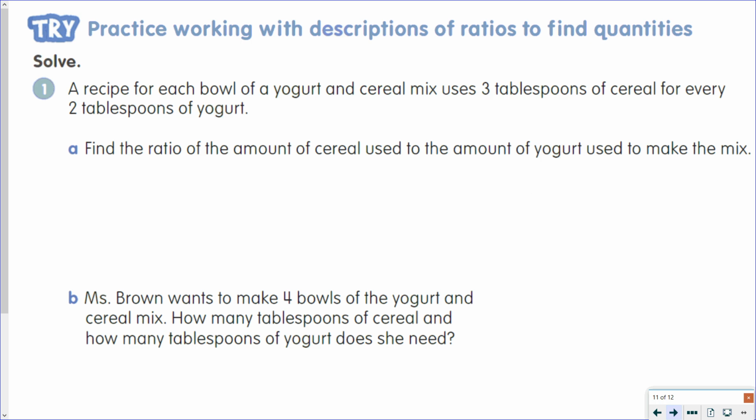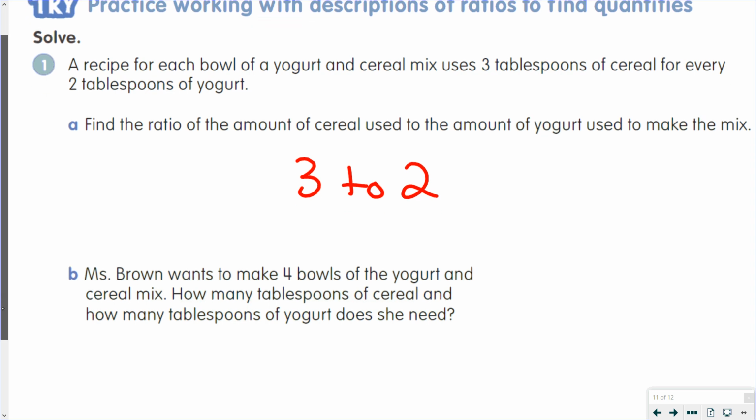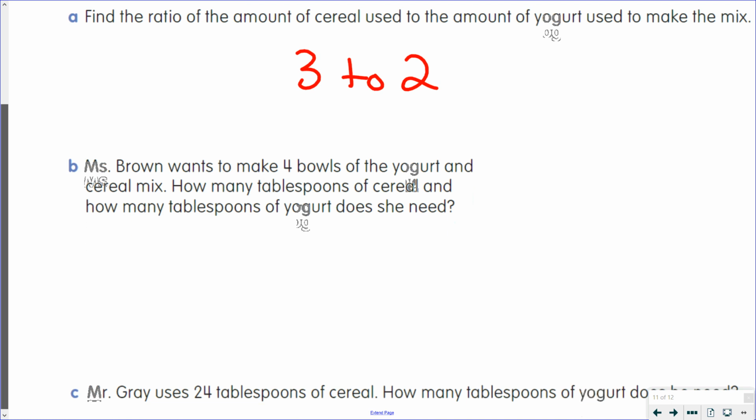A recipe for each bowl of a yogurt and cereal mix uses 3 tablespoons of cereal for every 2 tablespoons of yogurt. So the ratio of the amount of cereal to the amount of yogurt is 3 to 2. Mrs. Brown wants to make 4 bowls of the yogurt and cereal mix. How many tablespoons of cereal and how many tablespoons of yogurt does she need? Well, she's doing that 4 times. She needs 12